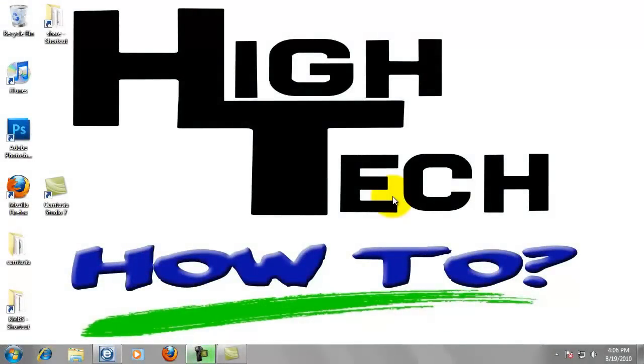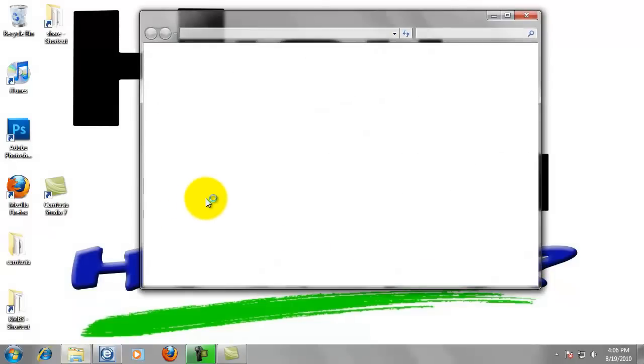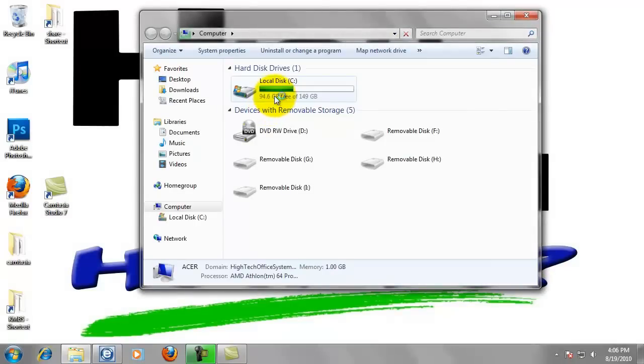For step 2, we want to create a folder to scan to with the name of My Scans and create a desktop shortcut to this folder. Click on the Start button in the lower left hand corner of your screen. Now click on Computer, double click Local Disk C,